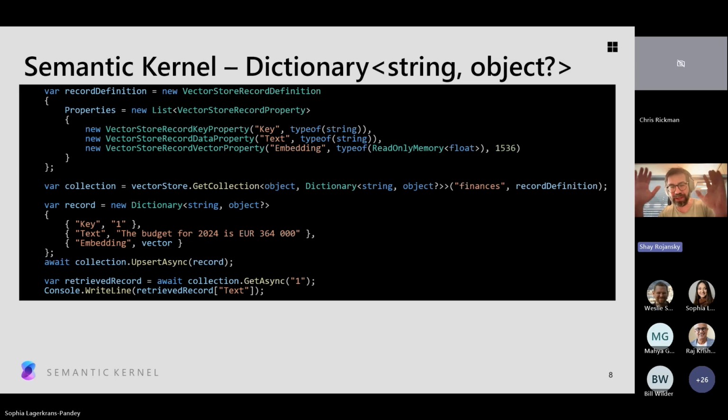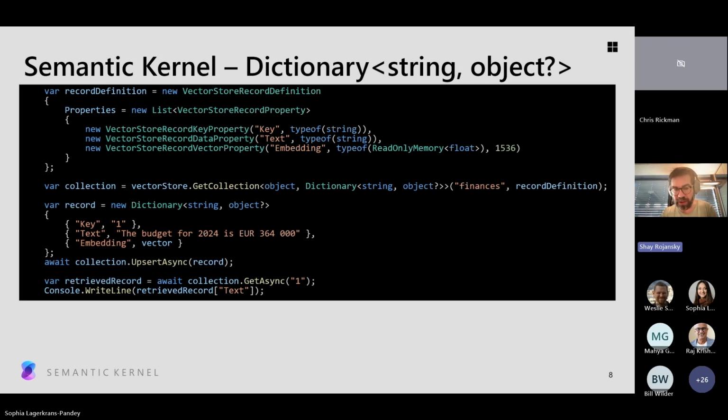This is not some sort of schema-less, throw-anything-into-the-database-and-it-will-somehow-make-sense-of-it approach. That doesn't work. Databases do have schemas in general. So you still have to declare upfront what fields there are, what their types are, the vector dimensions, and what similarity function you want to use. All that still has to be done, but you no longer require a .NET type in order to interact with the database.